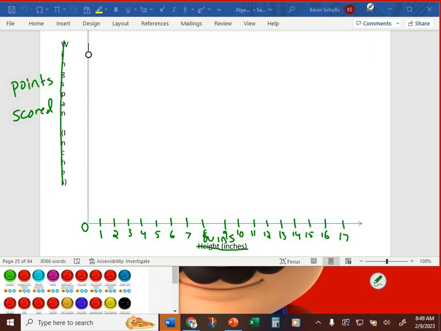And if yours isn't perfect, mine certainly isn't. My gap from 8 to 9 is a little bit bigger. My gap from 9, it's okay. But it's good enough for freehand to where we can use this data. Right? And then when we go to points scored,